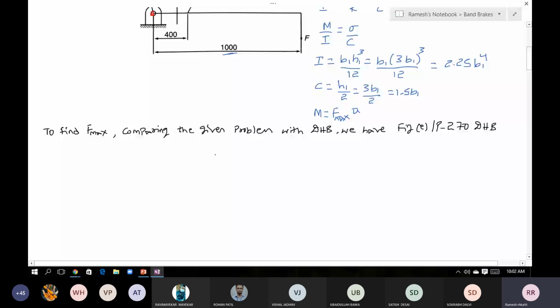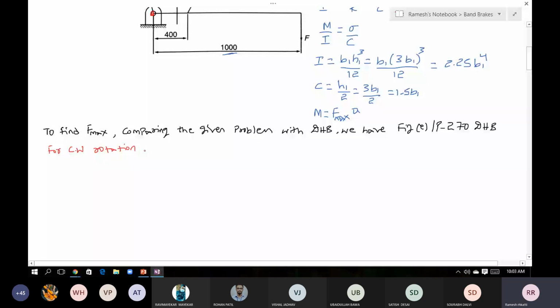Therefore, for clockwise rotation, the force F, if you refer to equation 13.19c which I have shown, is